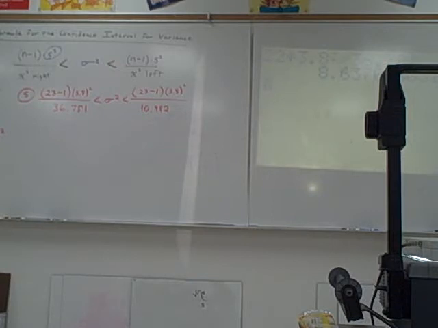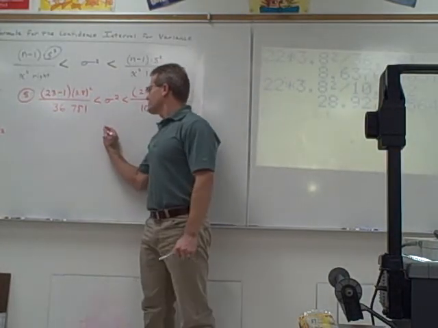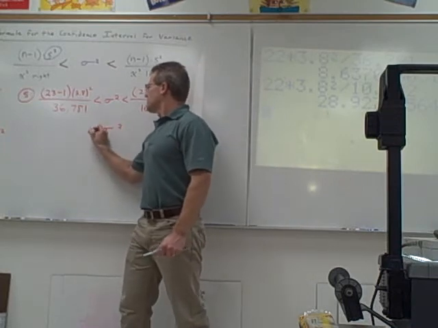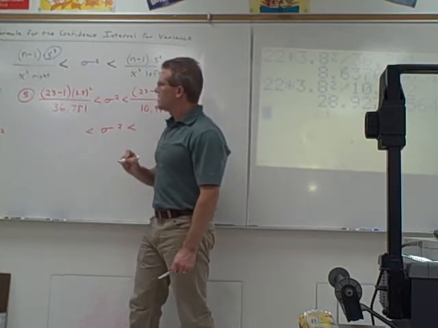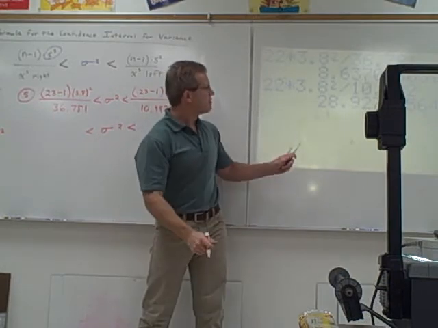Now hit second enter. Change that 36.781 to 10.982. So my population variance, I'm 95% confident that the population variance is going to be between